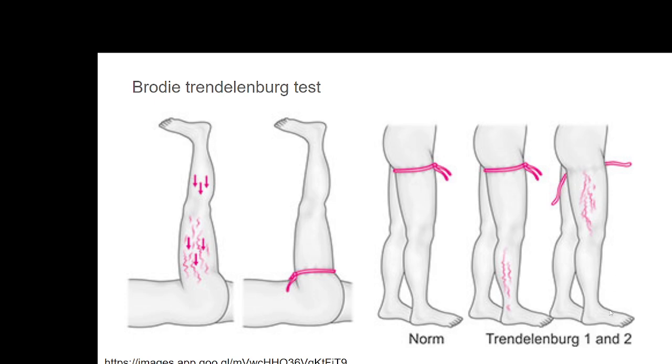Once you have released the tourniquet, the saphenofemoral valve gets opened, and hence bulging could occur. Suppose a perforating vein is dilated somewhere, or the dilatation starts at the thigh; then you may repeat the test by tying the tourniquet at a lower level and identify which of the perforating veins is defective. So the Brodie-Trendelenburg test is done to identify which perforating vein is defective, or to identify saphenofemoral valve incompetence.